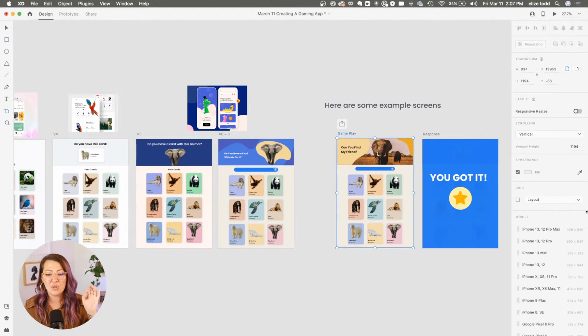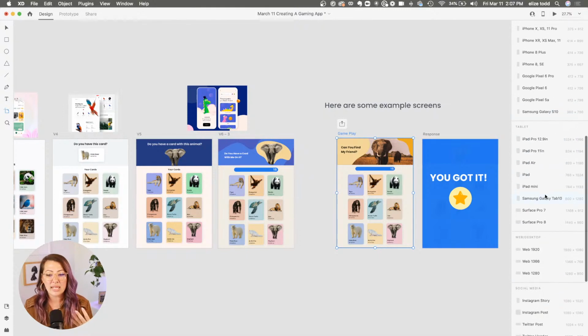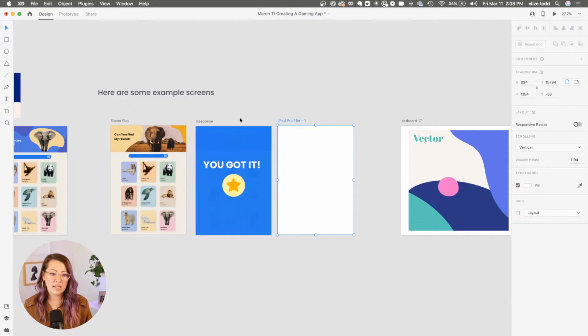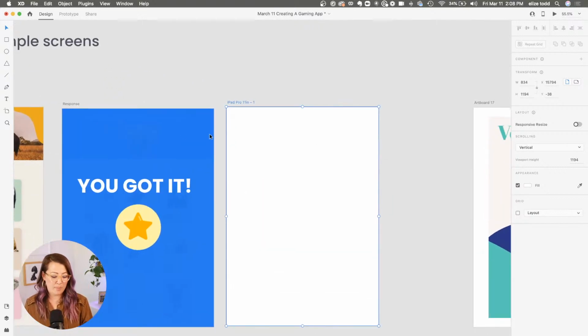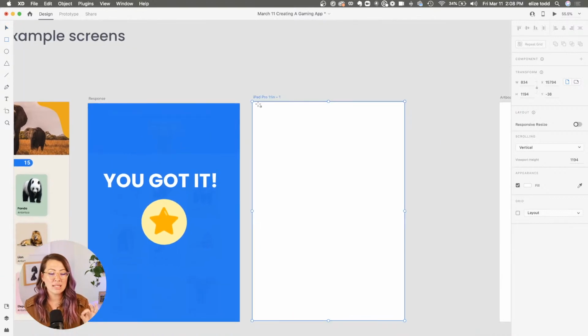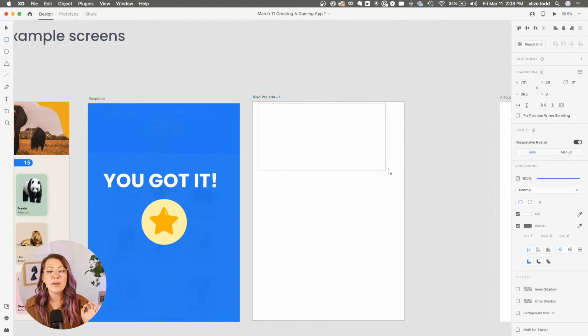I'm gonna go into A for artboard. I'm bringing in an iPad Pro 11-inch for this screen. And I am going to bring in a big elephant image. I'm going to first select R on my keyboard to bring my rectangle in here. And that's got my nice shape right there. And I am going to